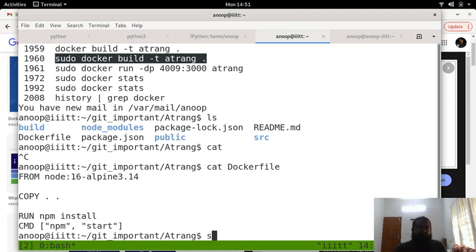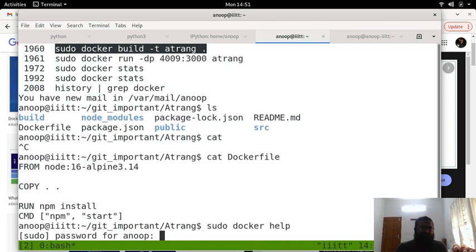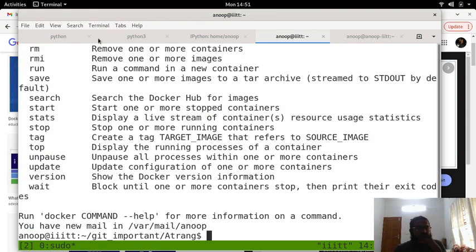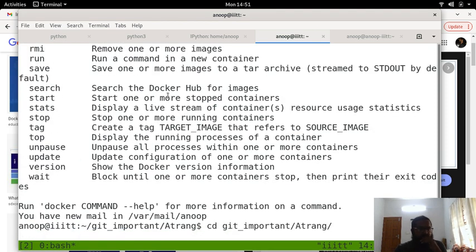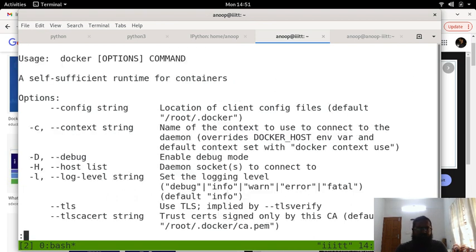So sudo docker help. I'll just type help. Because it is scrolling, and because I'm in a Tmux terminal, I won't be able to scroll with my mouse.